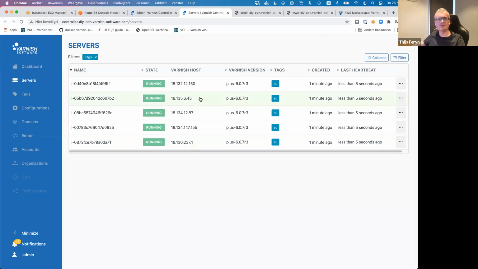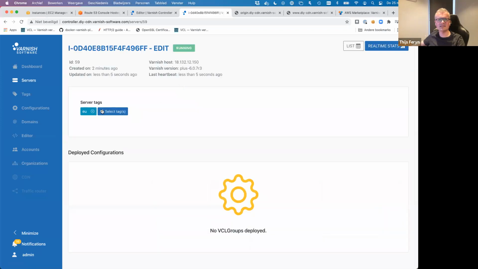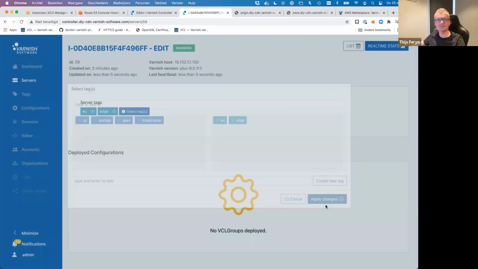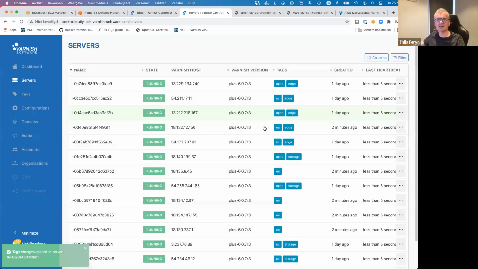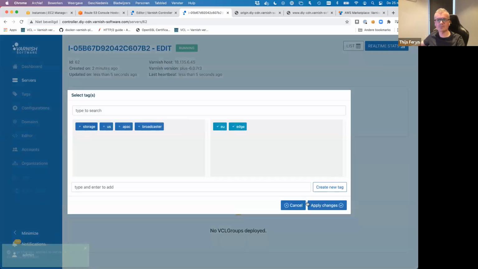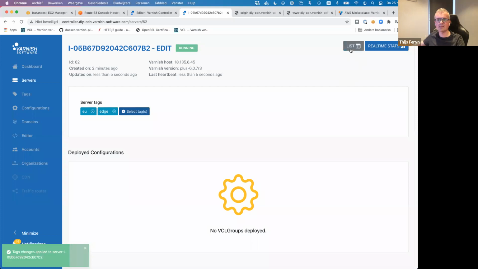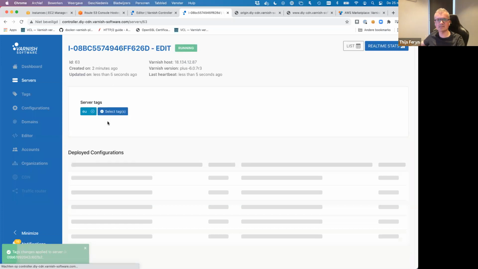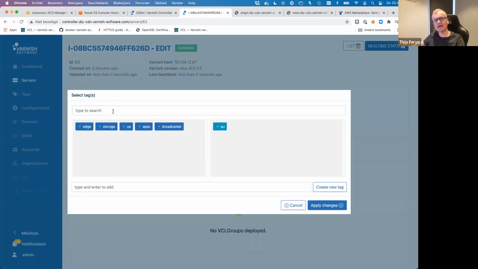So what I am going to do is, well, it's in my best interest to tag them first to make it easy. Like, I'm going to turn this into an edge server, go back. This one can be an edge server as well. And now we're going to configure the rest of them as storage servers. So this EU server in the list. And something interesting is going to happen. When I select storage, there is no specific EU storage VCL. There's only a single configuration for storage. So if I apply these changes,